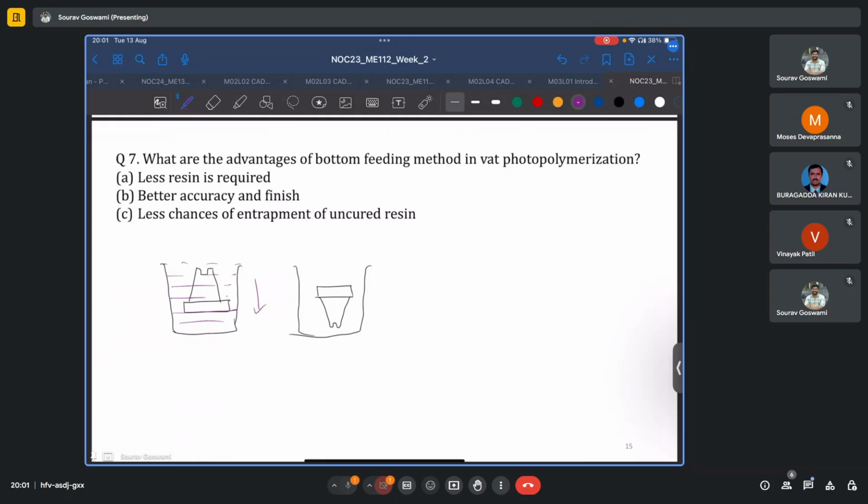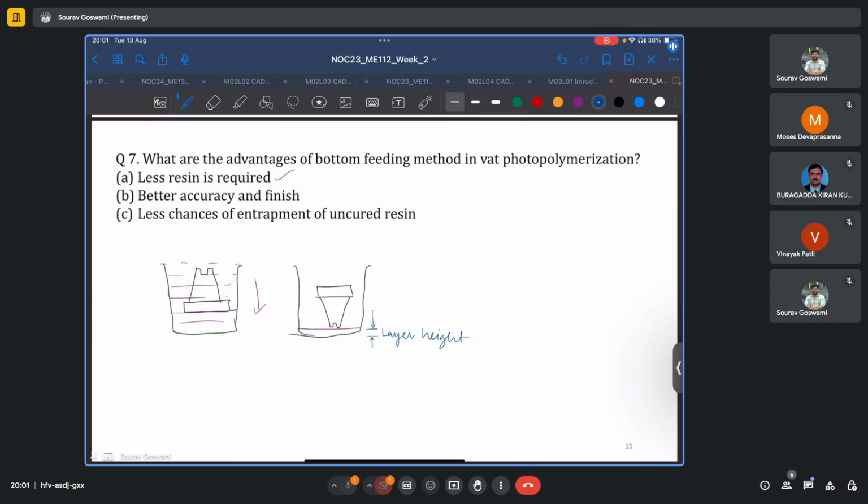Whereas in the case of bottom feeding, we see that the height of the resin column needed simply equals the layer height. As long as you have just enough resin of a height corresponding to this layer height within the tank, or whether you can pump it after each Z movement of the build stage, you are good to go. Thus, definitely less resin is required compared to top feeding mechanism,